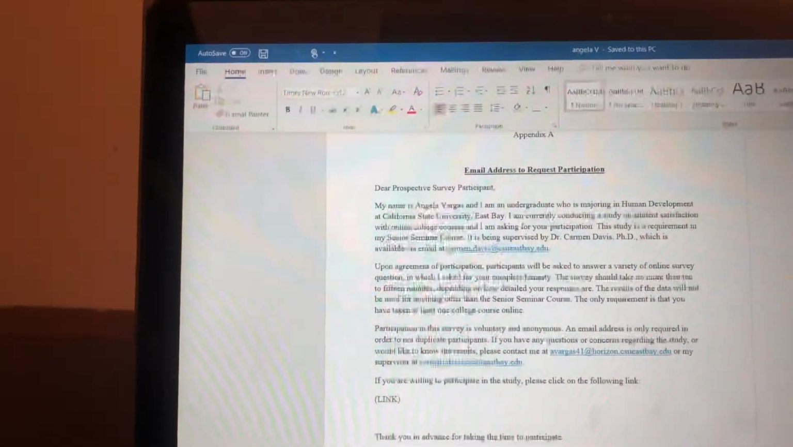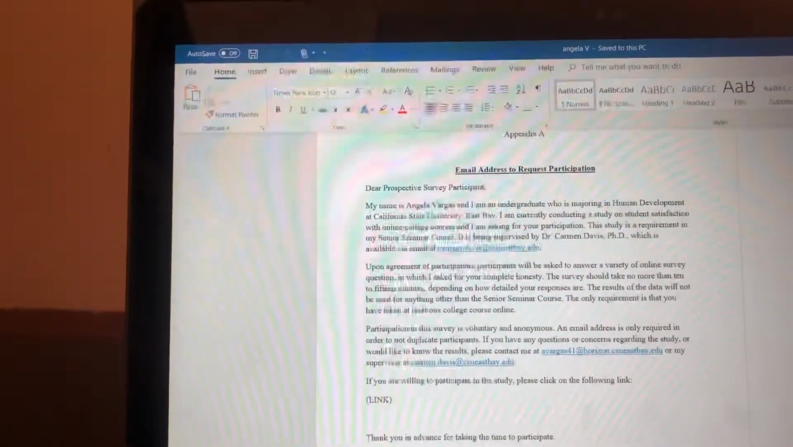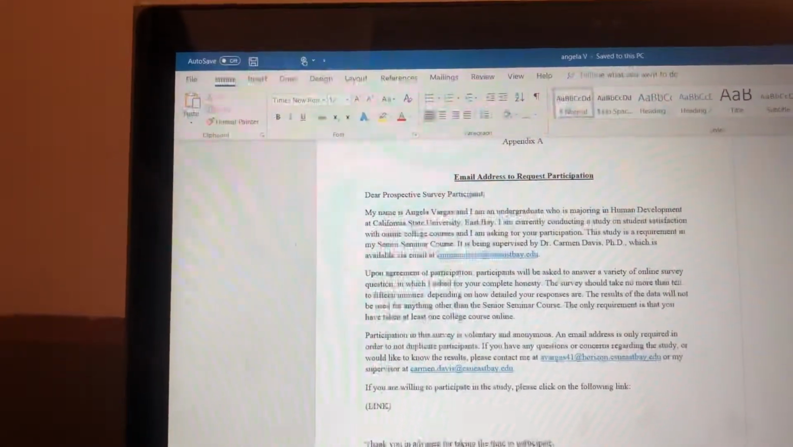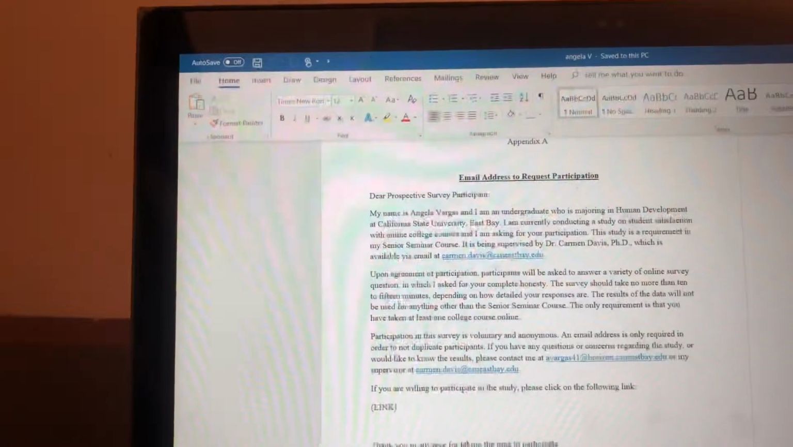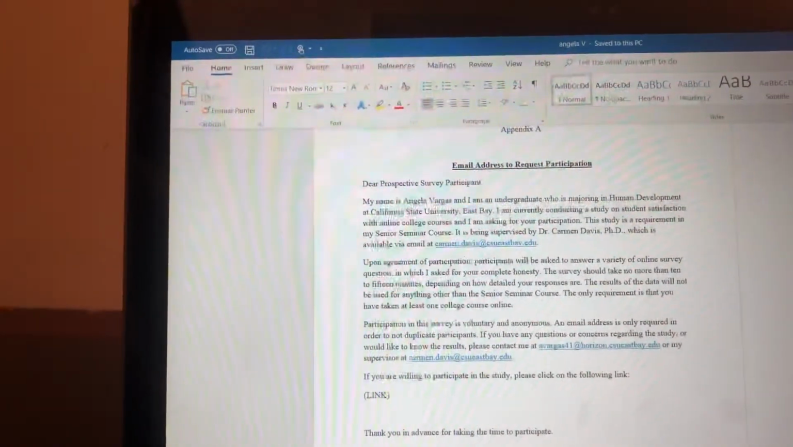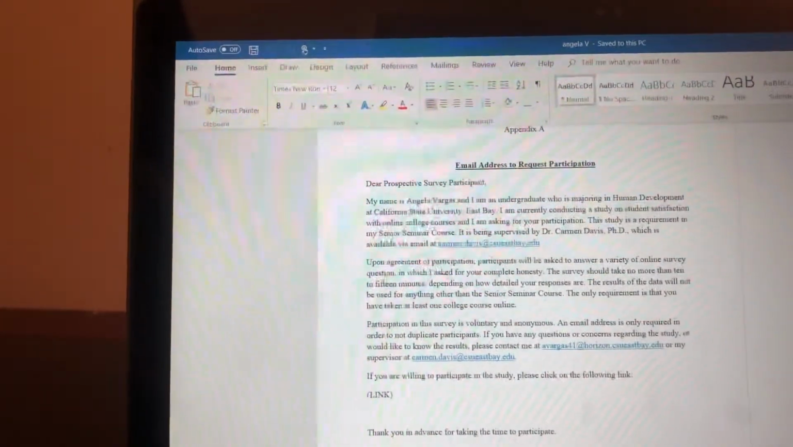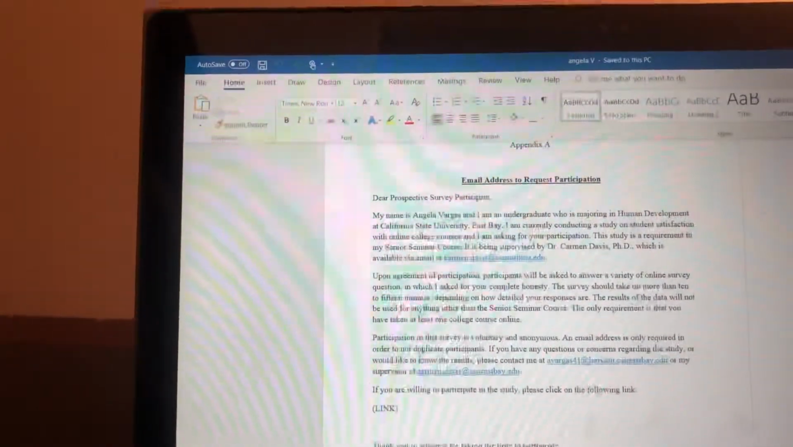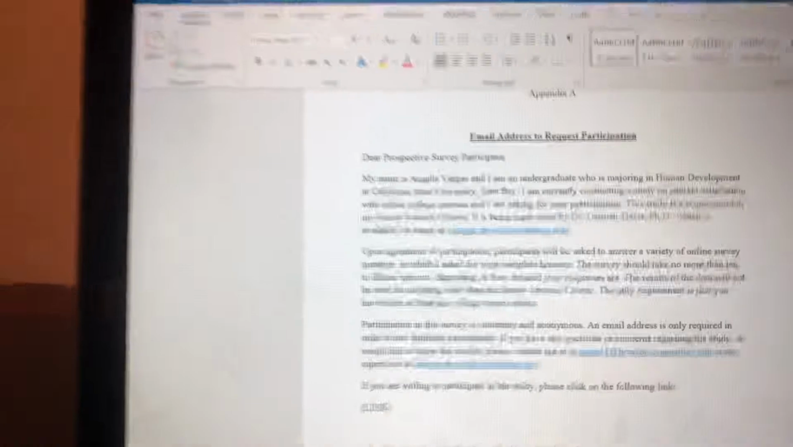So any material that you use in your study needs to be mentioned in the methodology section under the materials section, and then you need to provide a copy of the material that you used in the appendix. So Appendix A for this student was her email to the participants. And here is,